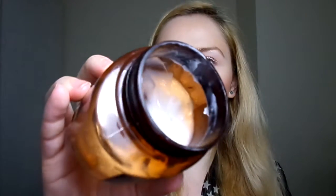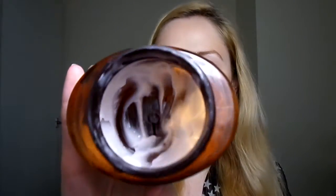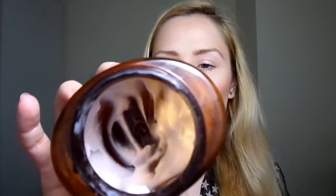But looking at the ingredients in this, I'm sure there's lots of not so great things in here and lots of silicones and things, but also there is argan oil quite high up on the ingredients list, so there's a good amount of argan oil in this product, and it's a really nice thick hair mask. And as you can see, I've almost used up this pot, but this is just really very good for detangling your hair. You put this through it and then the comb just goes through your hair so much more